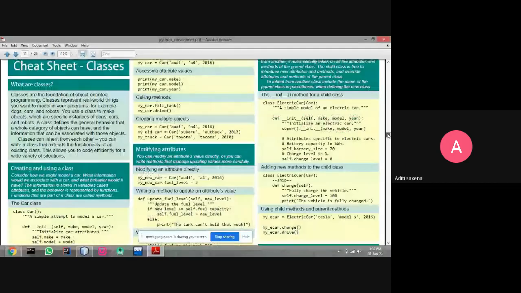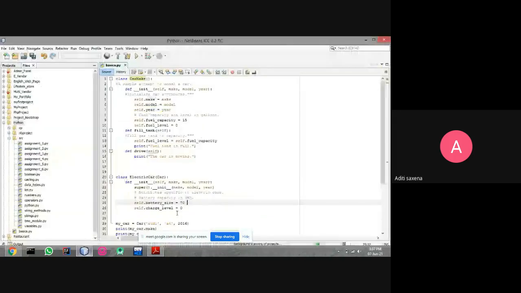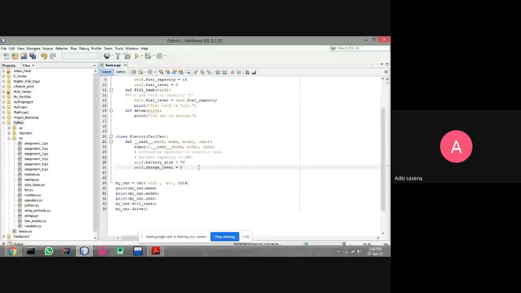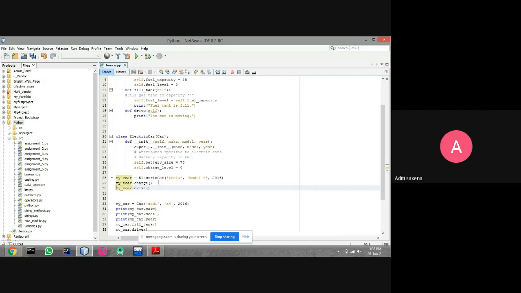Now here I want to call that. So what I am doing: my e-car is ElectricCar, with Tesla, Model S, 2016. ElectricCar means first we go inside this class.